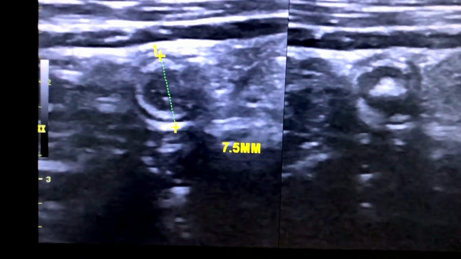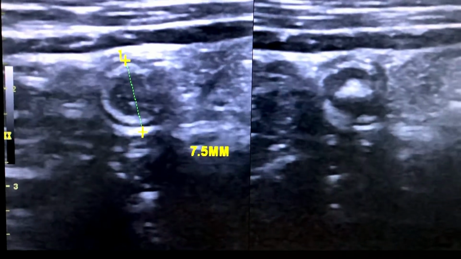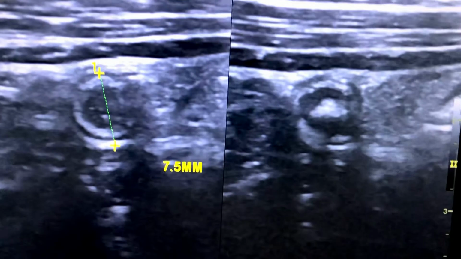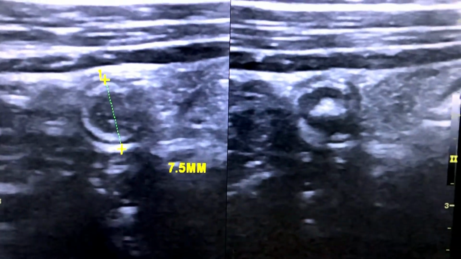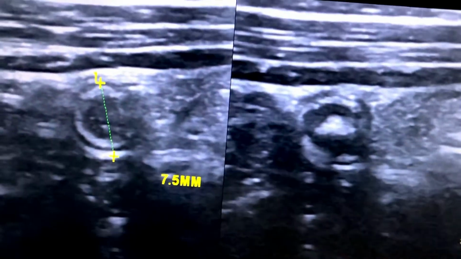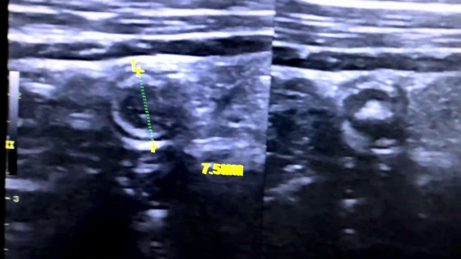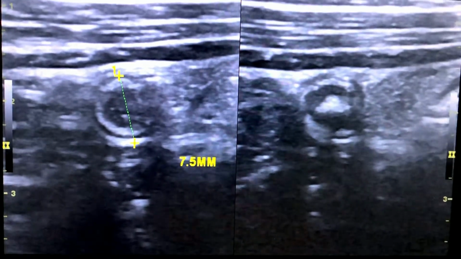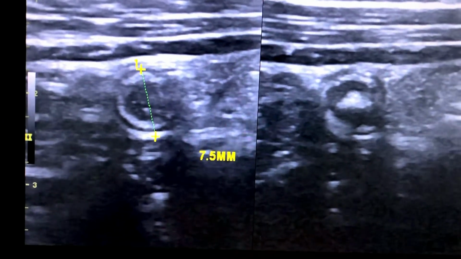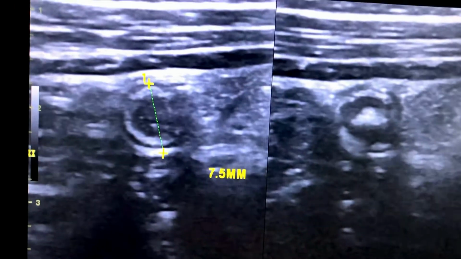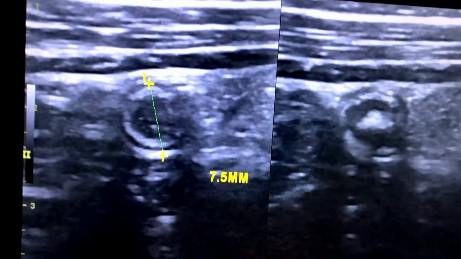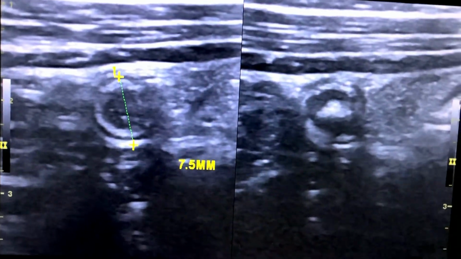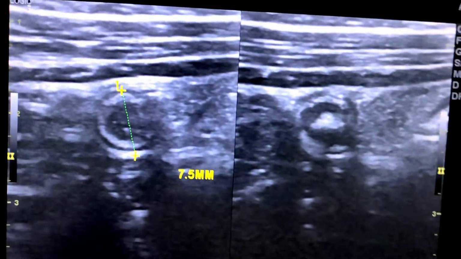I had put the probe over the right iliac fossa and had compressed significantly over the right iliac fossa, but the patient never had any sort of probe tenderness, nor did he have any history of such pain in the right iliac fossa favoring appendicitis. So this is an enlarged appendix, clinically absolutely normal, and sonographically it is abnormal. But what diagnosis we have to give, we will discuss later.